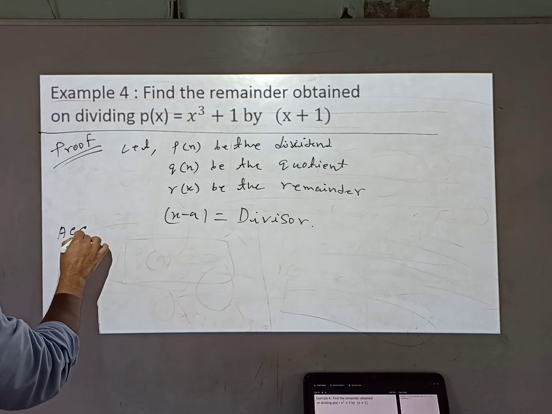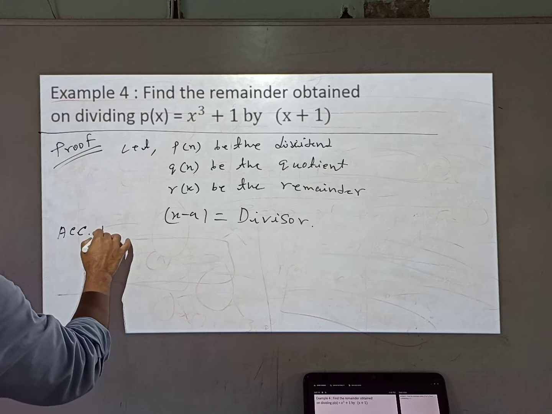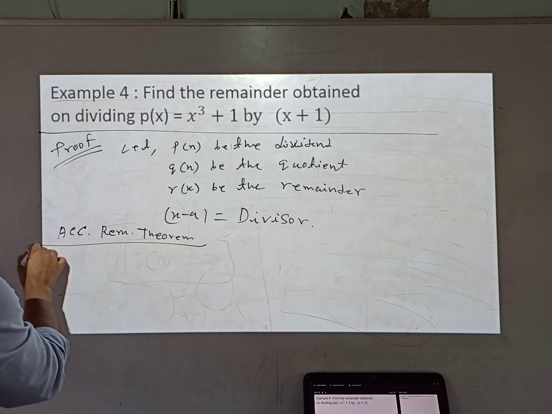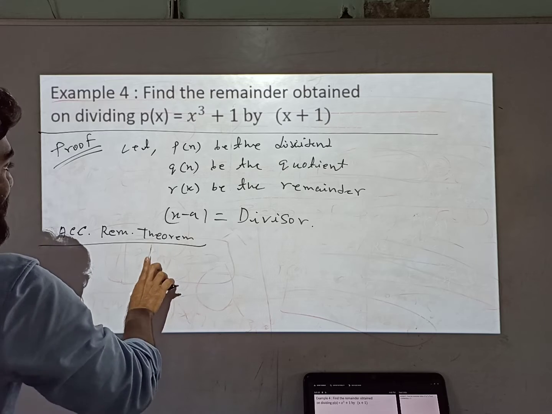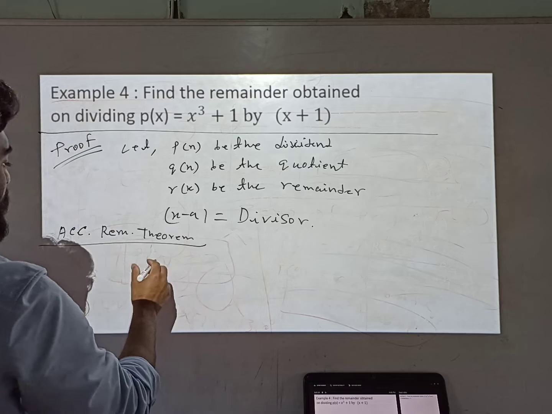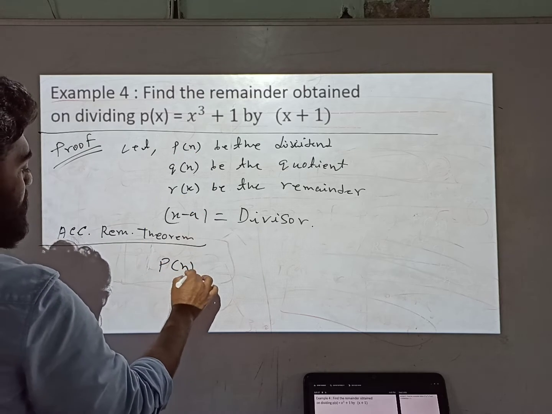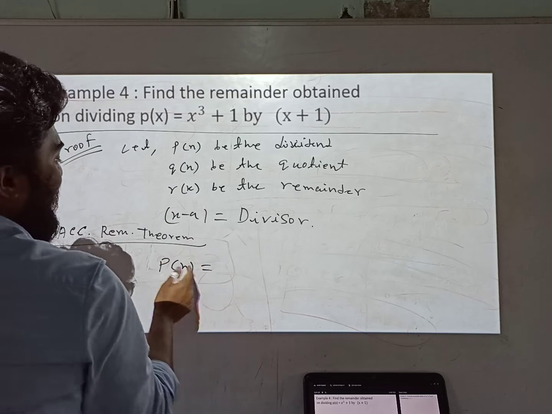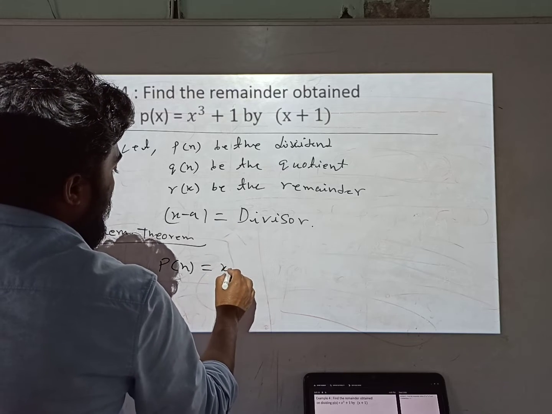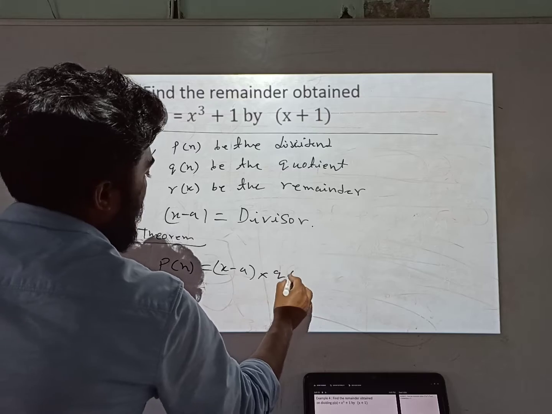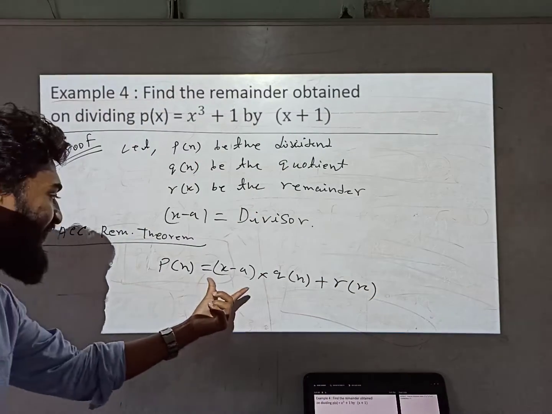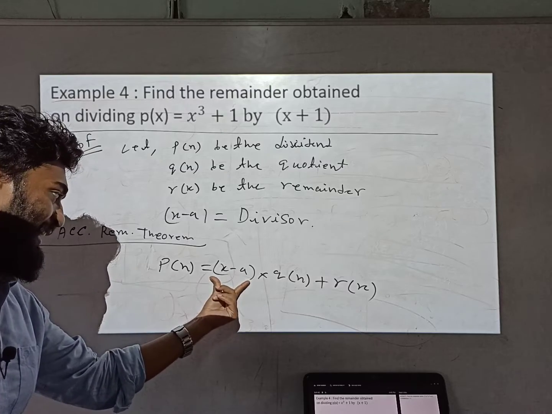तो हम लोग लिख सकते हैं ना कि अकॉर्डिंग टू व्हाट? रिमाइंडर थ्योरम ना। अकॉर्डिंग टू रिमाइंडर थ्योरम हम लोग क्या जानते हैं? आई कैन राइट डिविडेंड, वी नो ना, डिविडेंड इक्वल्स टू डिवाइजर इंटू क्वोशंट प्लस रिमाइंडर। सो डिविडेंड क्या है? p(x), we can write p(x) equals to dividend equals to divisor into quotient plus remainder. See, we are dividing p(x) by x minus a, so that time